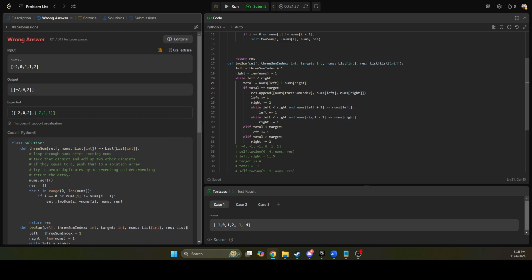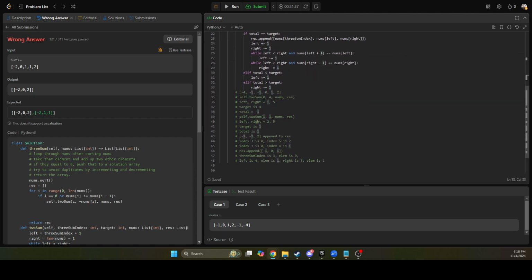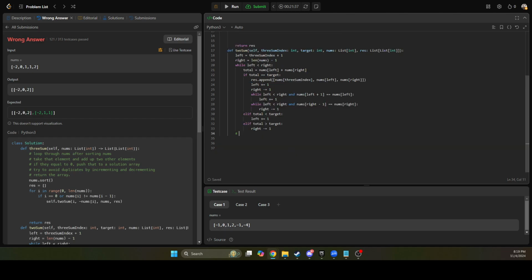So at this point, I'm going to assume this is already sorted, right? So we should be at left equals ThreeSum index. So right off the jump, let's go ahead and erase this. We should be at 0, and left was 1. Left is 1. Right is 4. 0, 1, 2, 3, 4. Okay. So we caught that one. Why did we not get the second solution? And that would be because